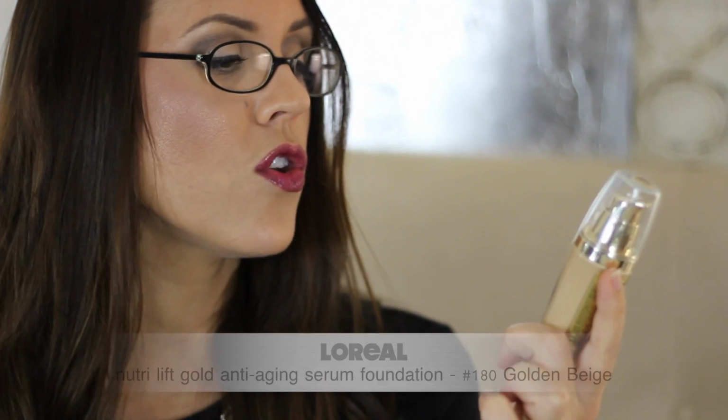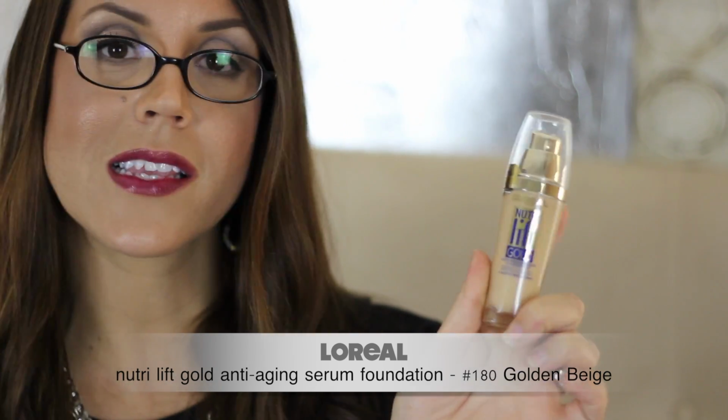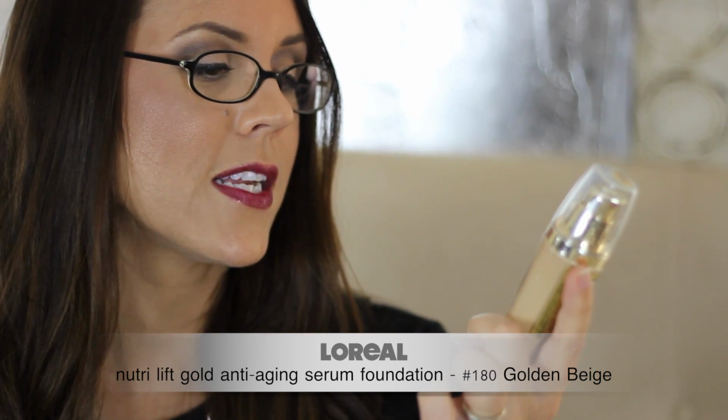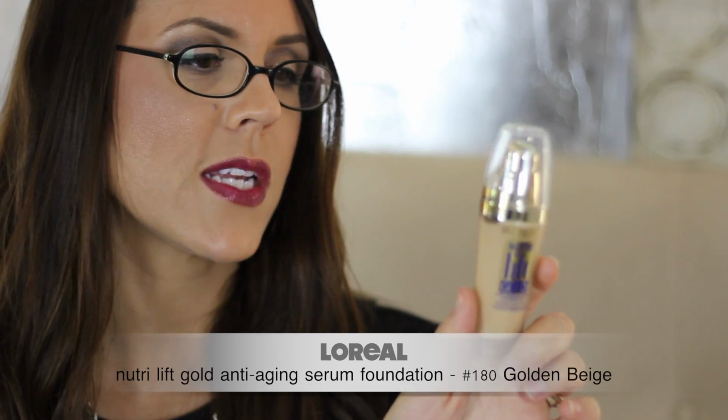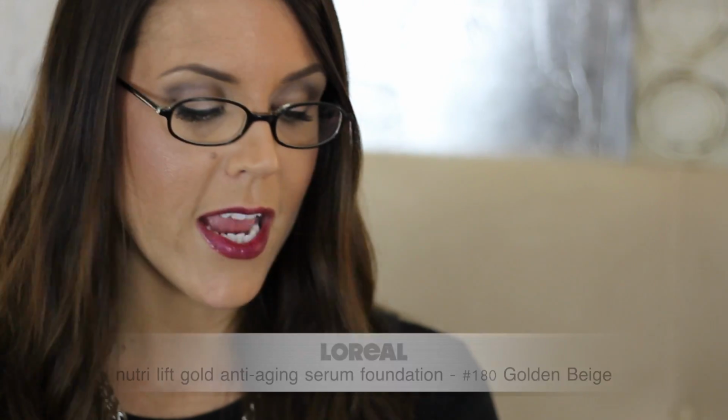I also have picked up a new foundation from L'Oreal. It's the Nutri-Lift Gold Anti-Aging Serum Foundation that contains 6 active ingredients for instant lift effect, radiance boosting. I picked it up in the shade 180 Golden Beige, and also I did go in to pick up a